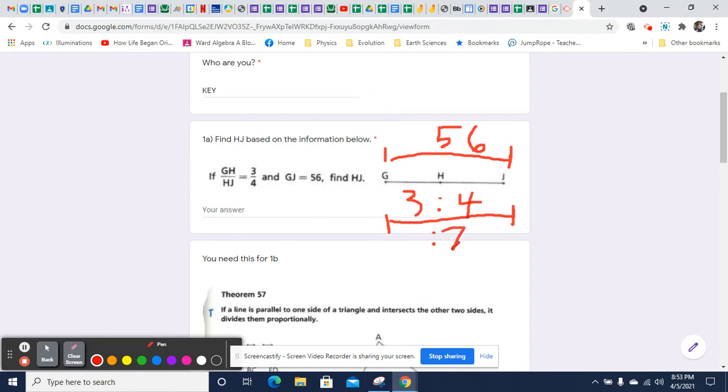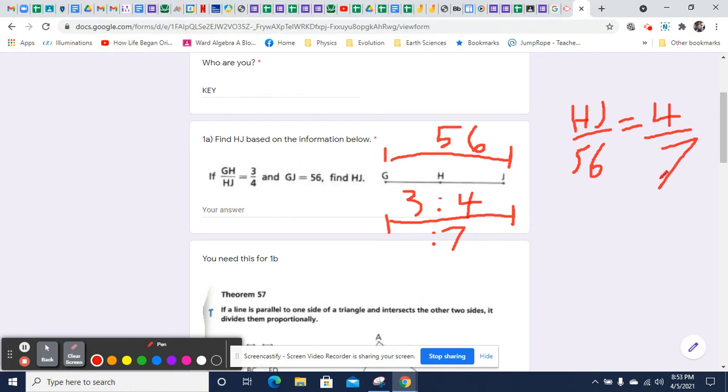So we can actually use the whole for this. So what that tells us is that HJ, the portion of GJ that is HJ, is to the entire thing, which is 56, as the portion of the ratio is to the whole, 4